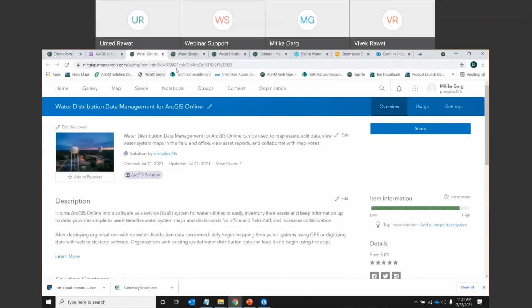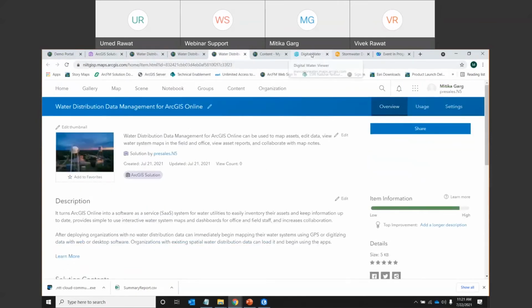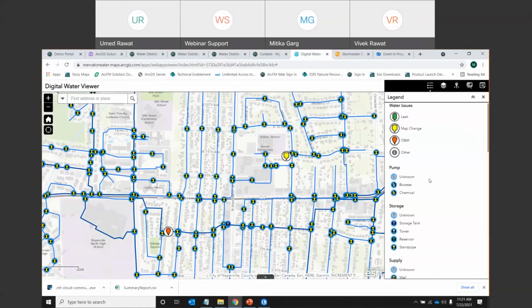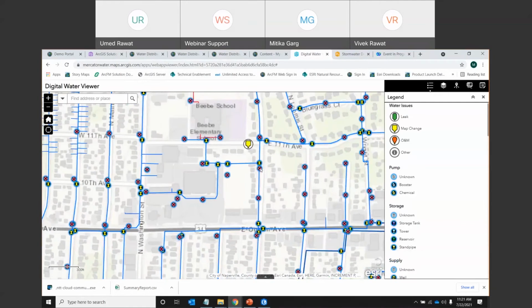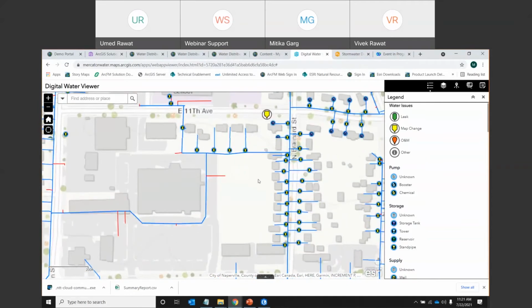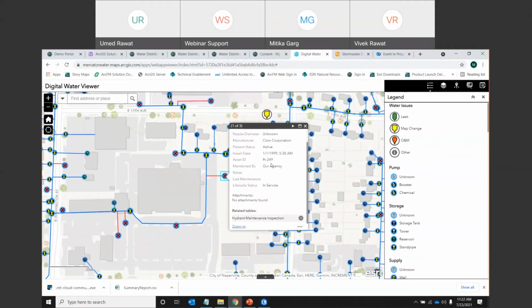Let's say I had some data. Once I add this data, you will get applications where you can see your data like this. If you can see, I've added some sample data. Here you can see these are the simple features. This is where a person in the field or the utility already has their lat-longs with them. They have loaded their data through the digital water viewer. This is an example of a water utility. Through the digital water viewer, they can simply see the assets and the related attributes associated with that, and they can work with that.